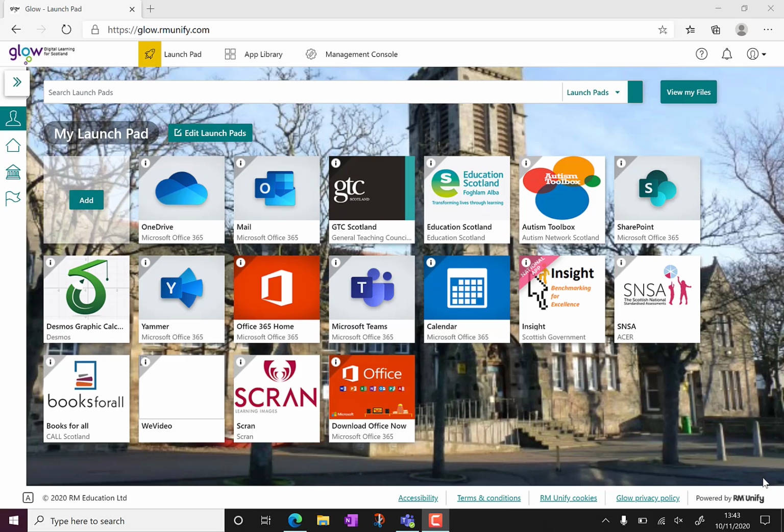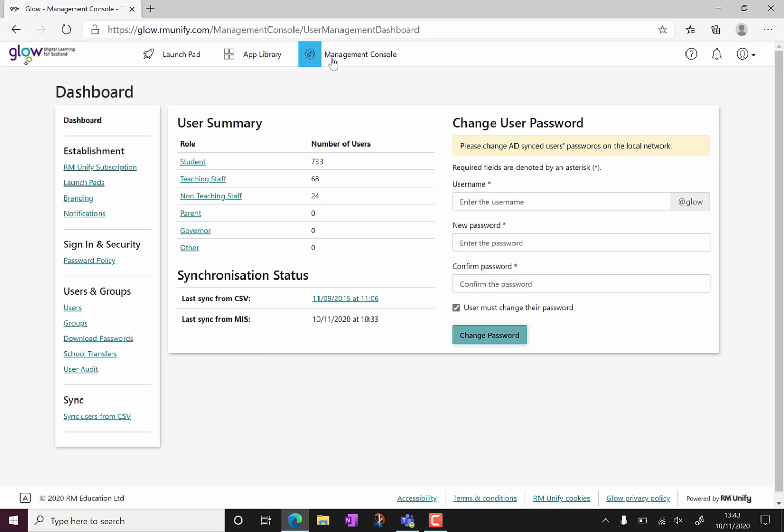Okay, so when we want to set up our Teams page, first thing we're going to do is load up Glow. It will default to giving us our Launchpad, but we don't want that. We want to go into the management console, because that's where all the information is for all the kids that we need. So on the left-hand side, we can tidy it up a little bit more, and we're going to